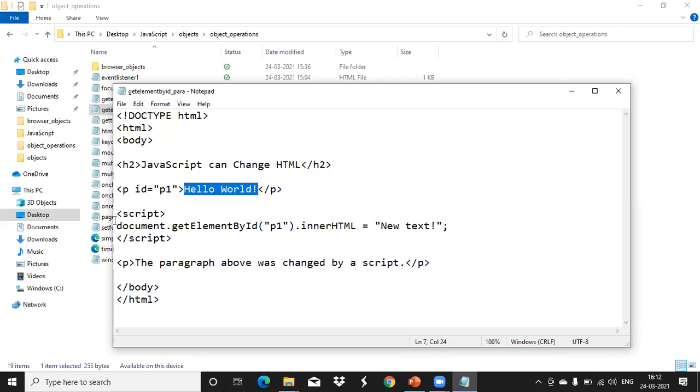Now you used your HTML script, JavaScript, the script tag is used. Inside that, to display this hello world with a different value, or dynamically you want to change it when your HTML document is loading, we are using JavaScript there. So in that, document dot, the method name is getElementById. So which element do I want to access? This paragraph, that we are identifying using which ID value? P1. So that here we have specified.